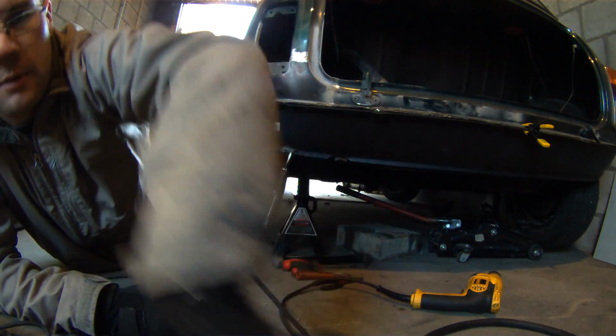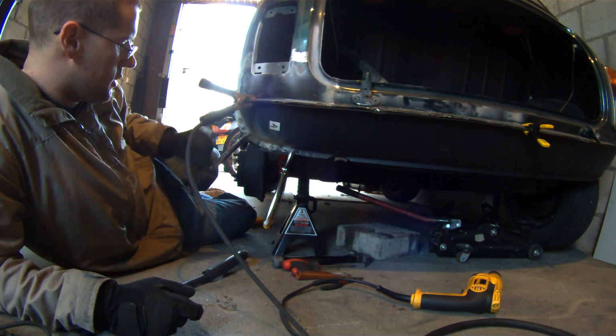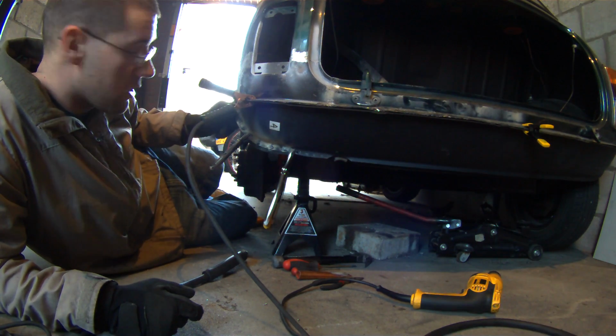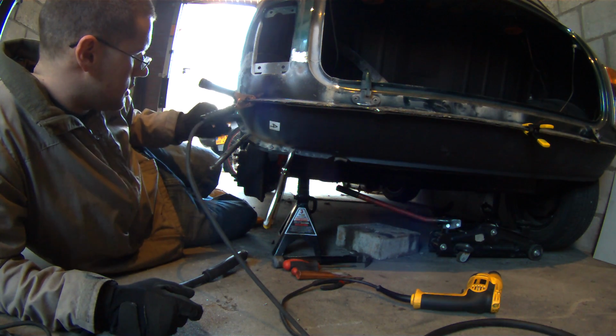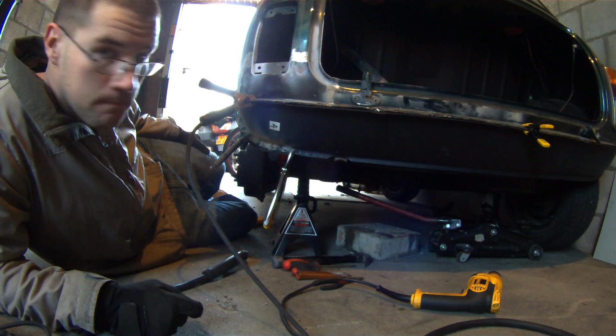Alright, I had a little bit of burn through, so I had to fill in some of these welds, which is why it took a little bit longer than I wanted to, but I'm pretty sure these are going to be pretty strong plug welds. So I'm going to go ahead and take the drill to them and grind them down, look at them, make sure they're good. Alright, so I went ahead and took my wire brush to clean up the welds